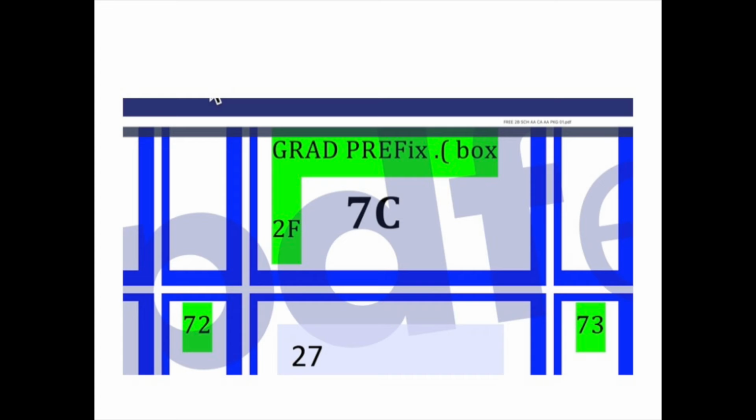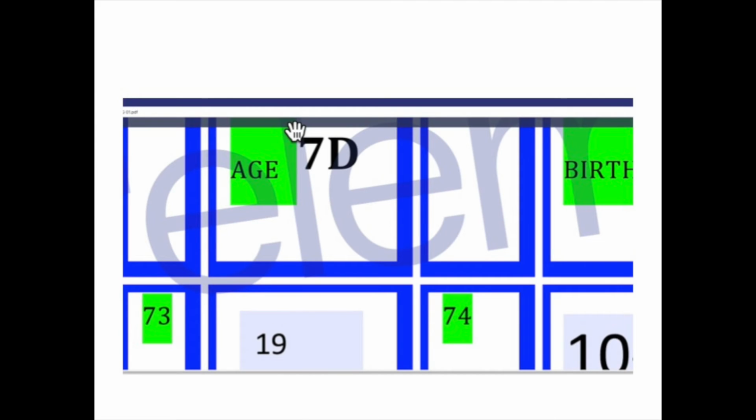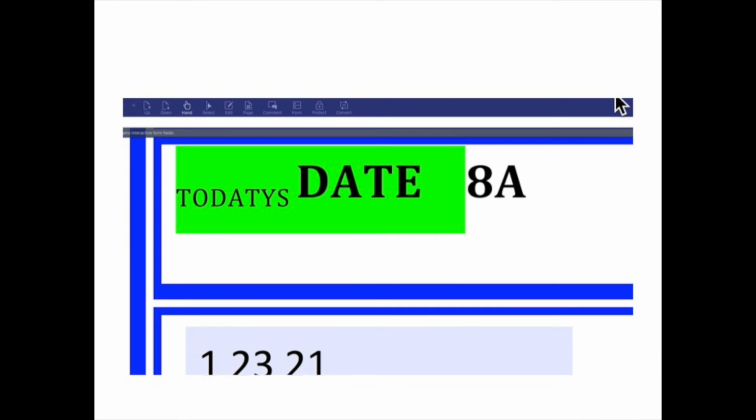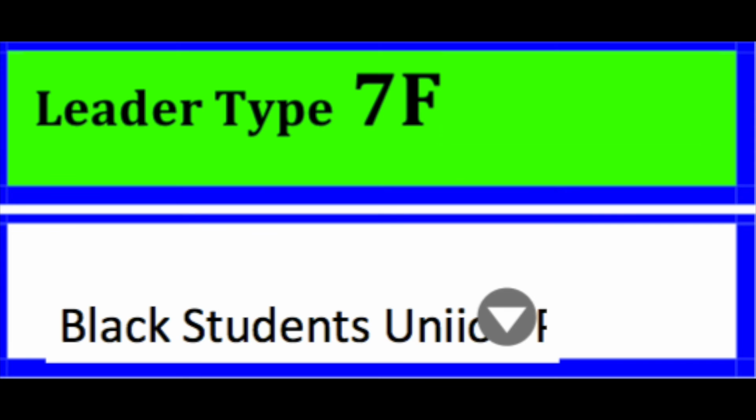If you are a group leader, click the down arrow and select the type of group leader you are. Today's date should automatically appear in box 8A and your class prefix should automatically appear in box 8B. If you are a group leader, for example school president or principal or other school official or other group leader, check the yes box in box 8C, otherwise, check the no box.